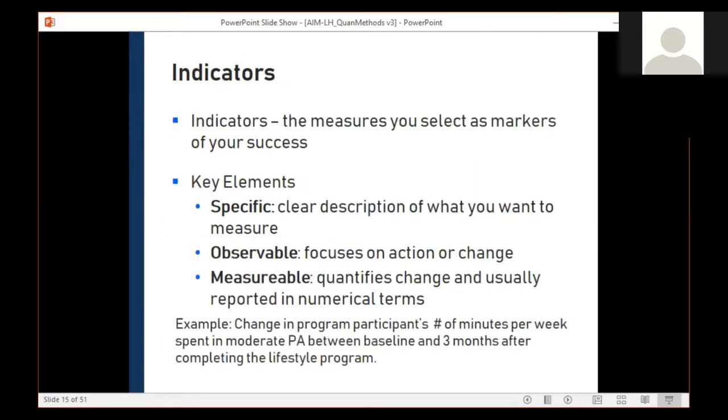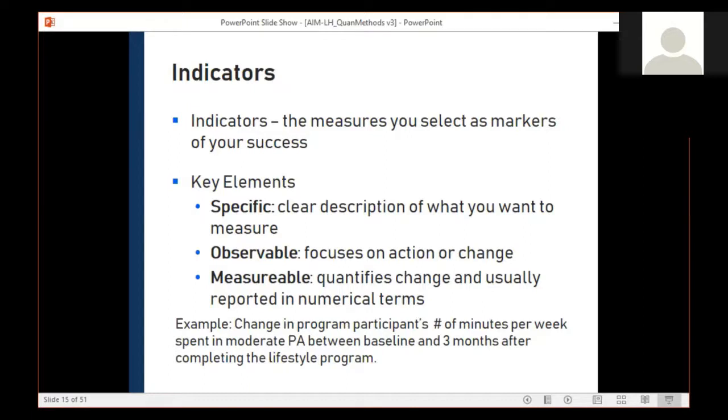Let's switch gears and talk some about indicators, the markers of progress or accomplishment. An indicator is a specific, observable, and measurable accomplishment or change that shows the progress made toward achieving a specific output or outcome in your logic model. They can be seen, so observed behavior; heard, talking about participant responses, and that could be through a survey or through interviews or focus groups; or read, thinking about your agency documents or records. Some commonly used indicators include participation rates, attitudes, individual behaviors, community norms, health status, incidence, and prevalence.